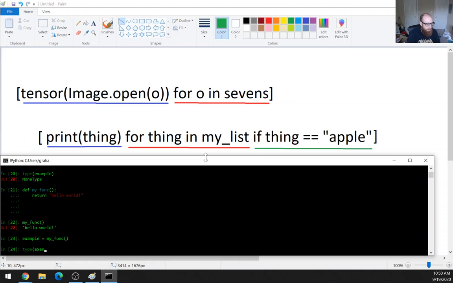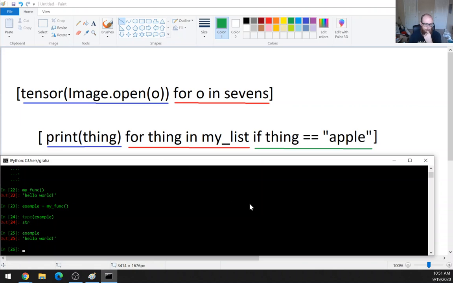So now if I do a type on example, it's going to be string, and example is going to be hello world. So hopefully that makes sense, and I didn't just make everything super confusing. But let's try this again. We're going to do, but instead of doing print, we're going to do thing for thing in my list. And you can see now we've got back just a dictionary, and we don't have the Nones because print returns